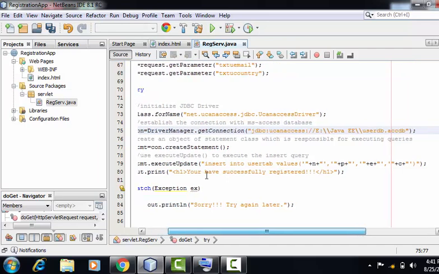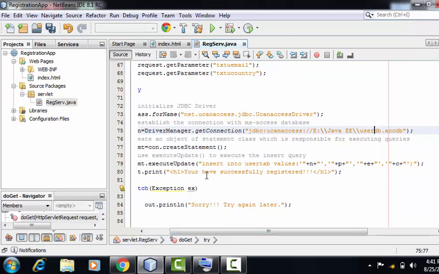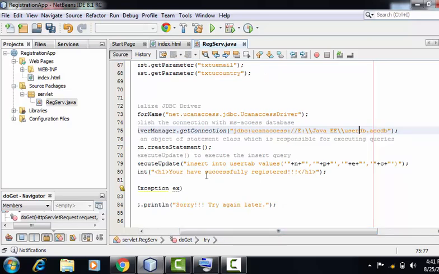So my query is insert into usertab. Usertab is the name of my table in which I'll be inserting the above four variables. So for inserting these variables, we have to follow this manner, that is single quote, double quote, plus, double quote, single quote, comma. In a similar way, I can provide the rest of the variables. So first of all, single quote, then double quotes, plus the name of the variable, plus double quote, single quote, and then I need to enclose this insert query by putting double quotes here. At the end, we need to provide semicolon.